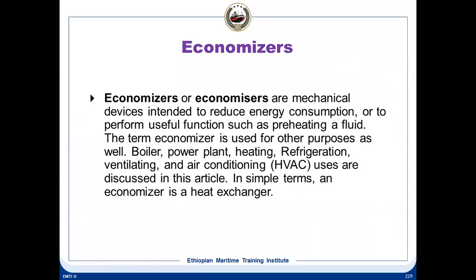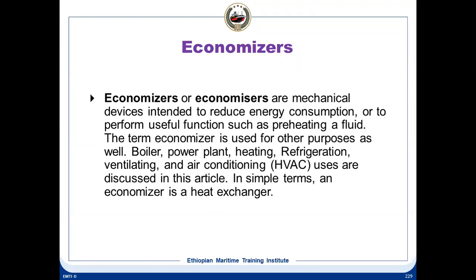Okay, then we come to our next topic, which is economizers. No, the economizer which he's talking about over here is not the economizer that we think of as the exhaust gas boiler. Normally on our kinds of ships, the moment somebody says economizer, we always think exhaust gas boiler. But here the economizer which he's talking about is again for preheating the boiler water.